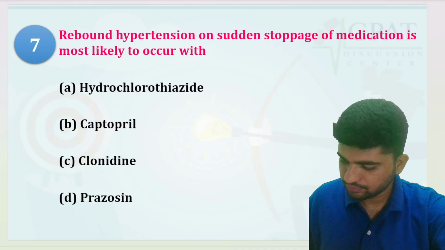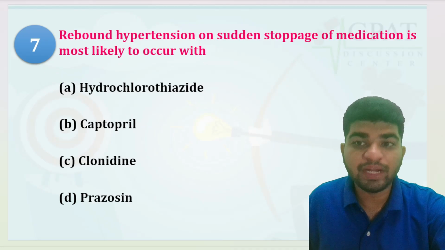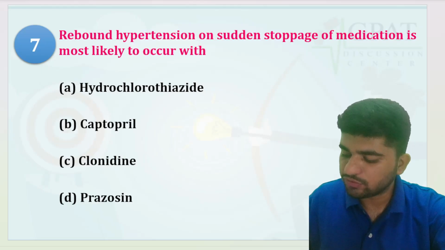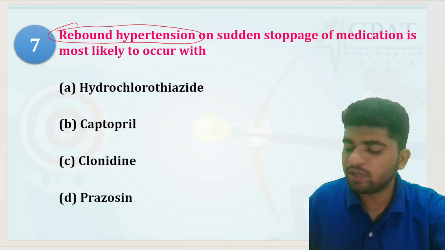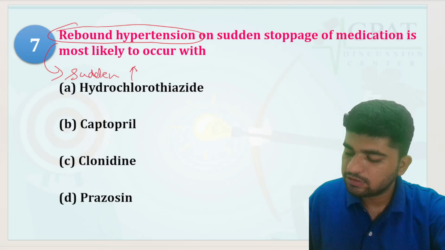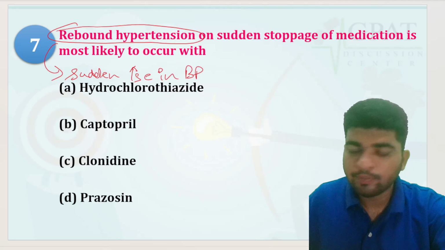Now, rebound hypertension on sudden stoppage of medication. First we need to understand what rebound hypertension is. Rebound hypertension is a sudden increase in BP